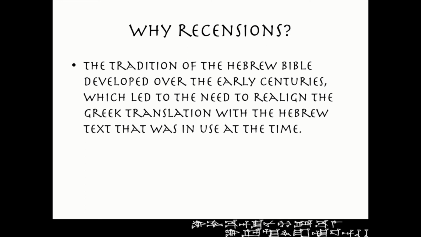So remember, we talked about how by the early first millennium CE, the Masoretic text tradition was in use as the standard with the Jewish community. And so because of this development of the Masoretic text tradition, the Jewish community that was utilizing the Greek text wanted to have their Greek text more closely align with the Hebrew Bible that they were using, and so these recensions were